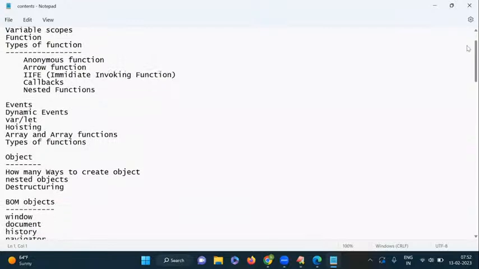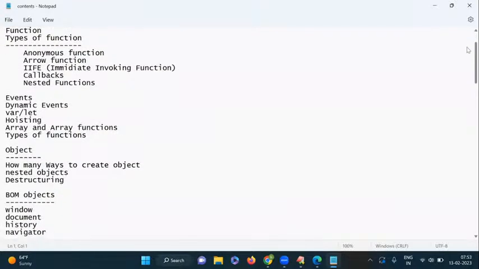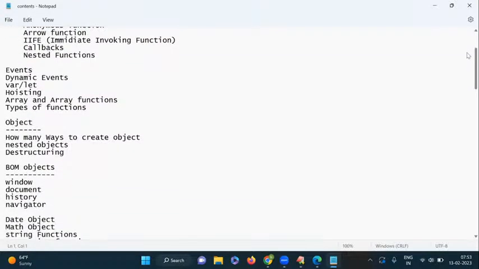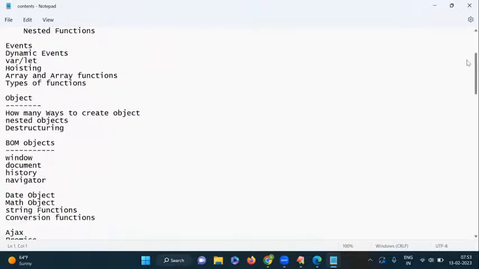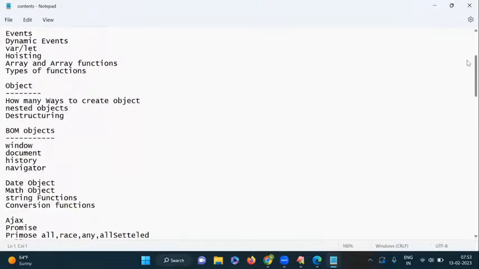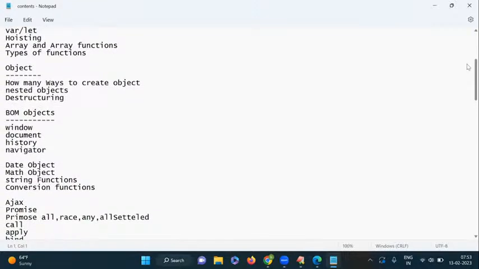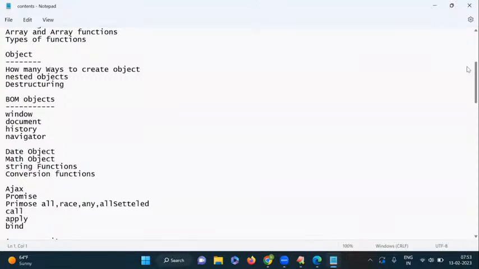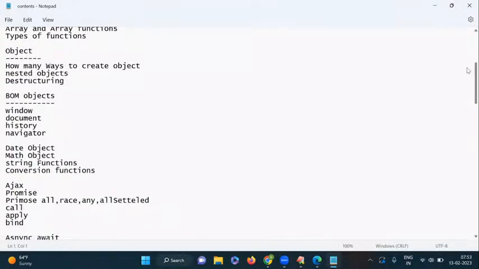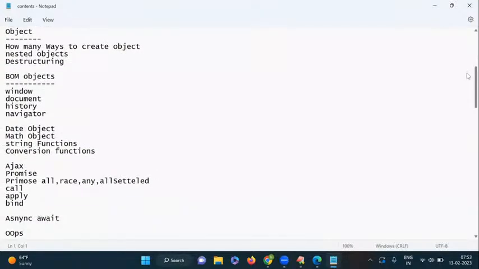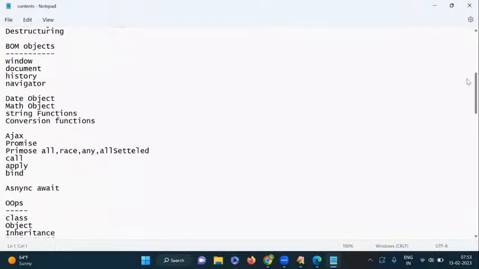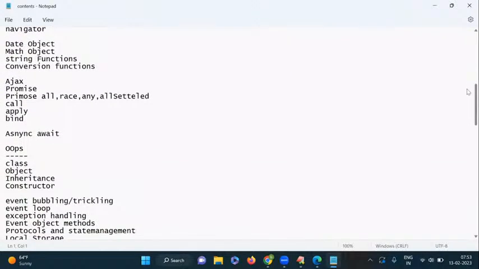Just functions and how many types of functions we have, events and dynamic events, hoisting, array related functions and objects, and how to work with the object. Object is very important because the data which is coming from Ajax is in the form of an object only. So how to read the object, and what BOM objects we have, date object, math, string, conversion